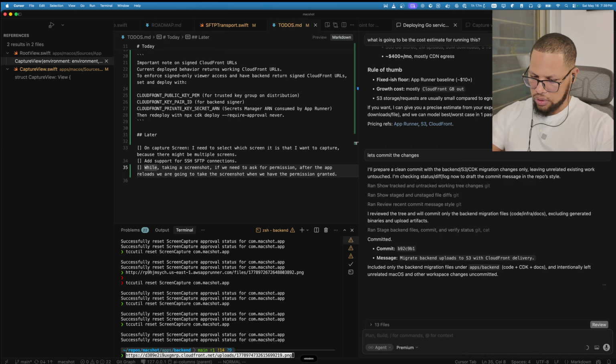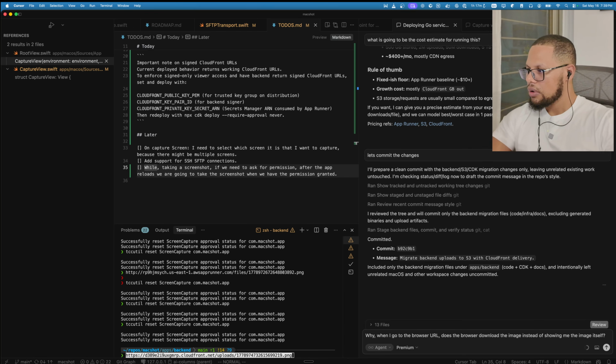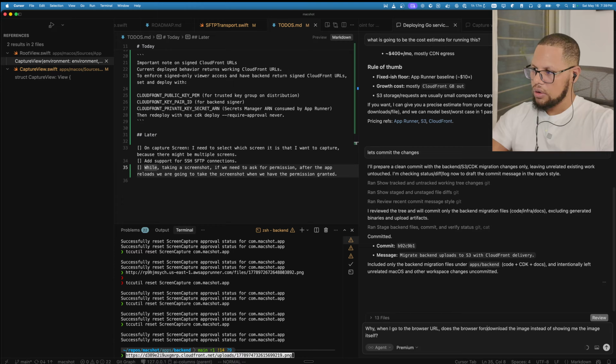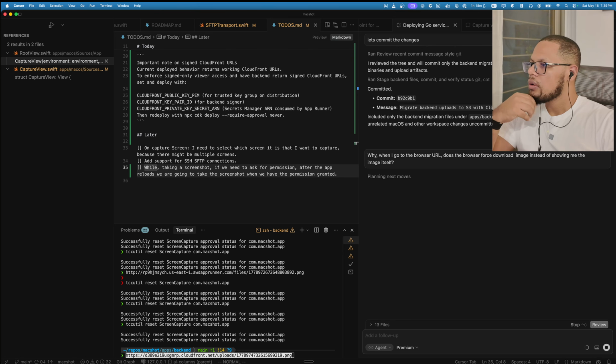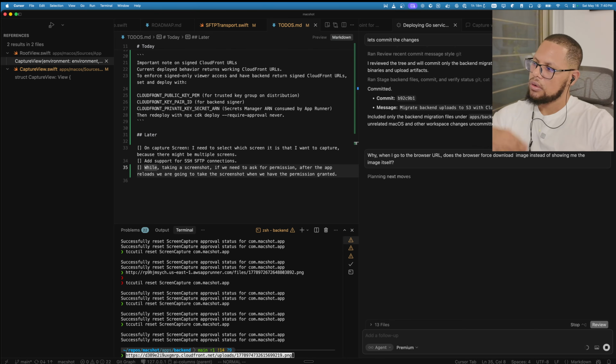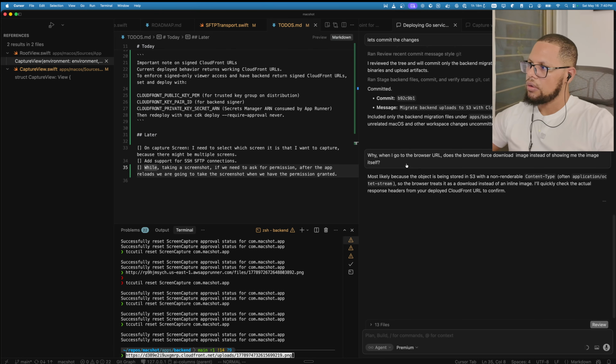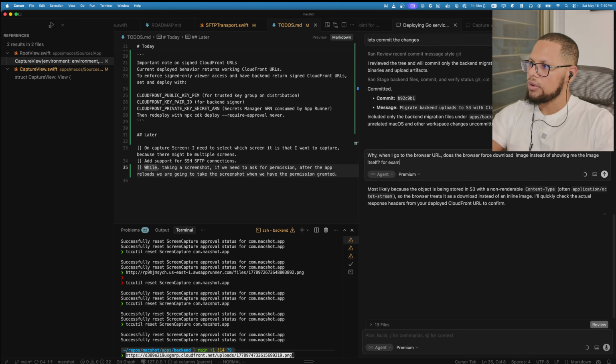Why when I go to the browser URL, the browser downloads the image instead of showing me the image itself. For example,